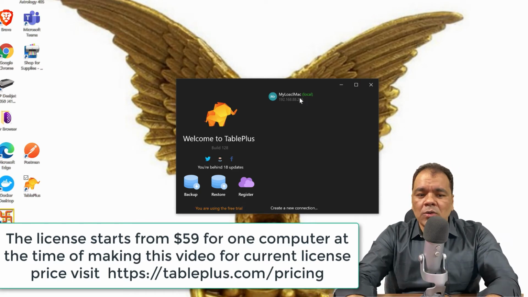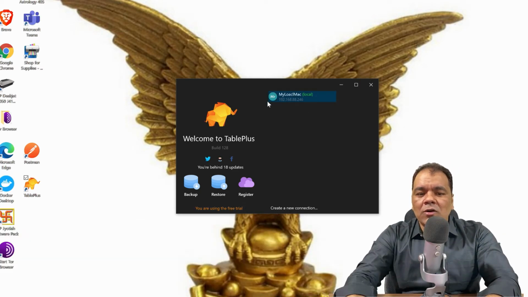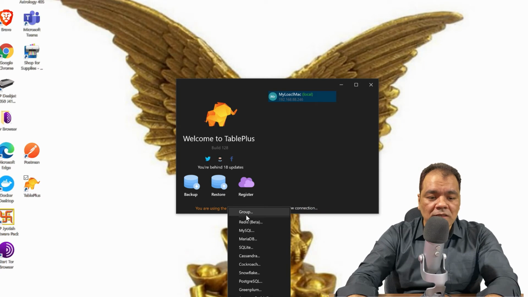Right now it has opened my local Mac connection. It's showing me the IP of the system, and I have named it my local Mac, and you can see MR written here because this is a MariaDB connection. When I click on new connection, it will give me the option to connect to whichever database I want.